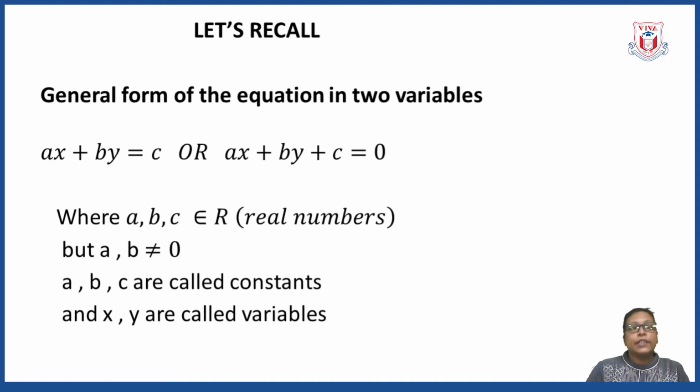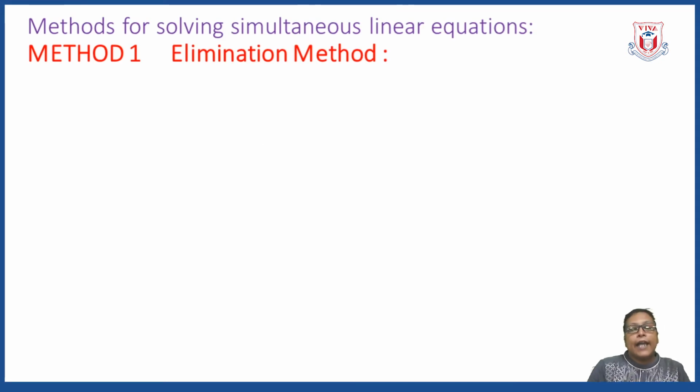Okay, now let us see the methods to solve the linear equations. As I said, in 9th standard you have studied two methods. From that, the first method is, okay, so method 1 is elimination method. You have studied this method in 9th standard, as I have said. In this method, we are going to eliminate any one variable by equating the coefficients. Okay, and from that we are going to find the value of second variable. So let us start this method by taking one example.